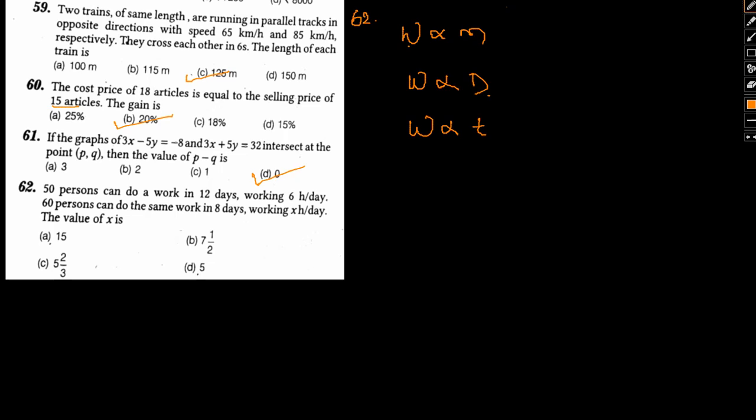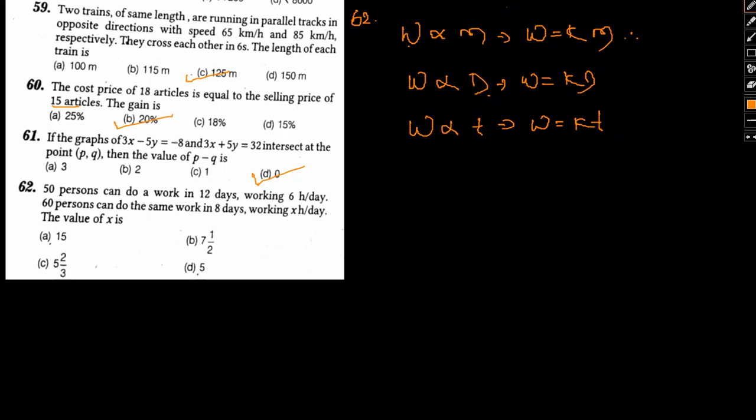So this can actually be written as M1. If I am to represent the same, W equal to Km, W equal to Kd, W equal to Kt. Let me just give you a general idea how to solve these questions, so that things are understood to you. Here K is any constant, okay? So therefore